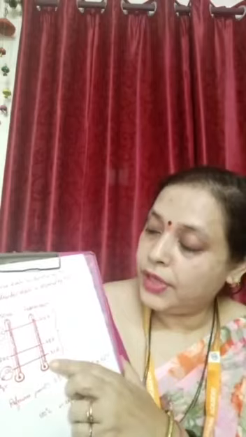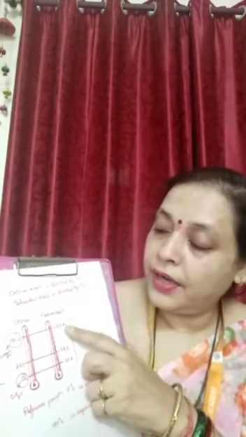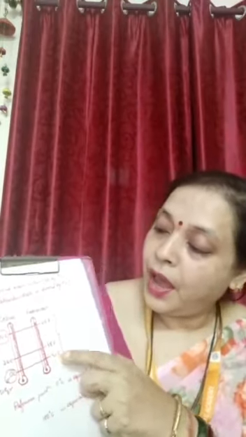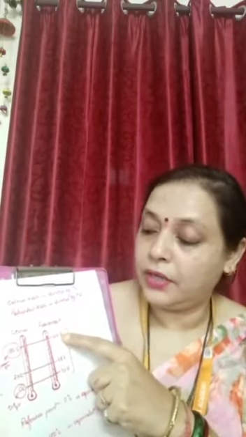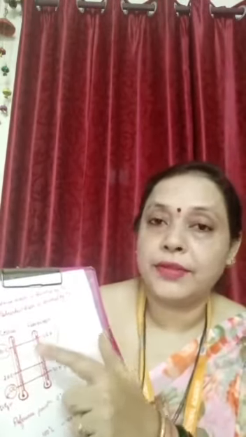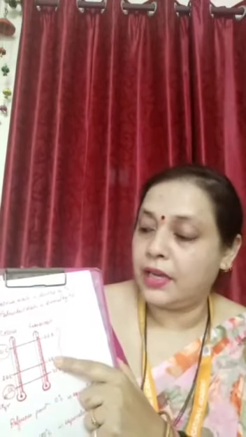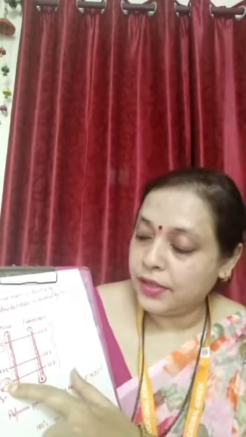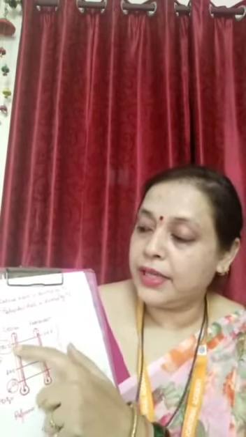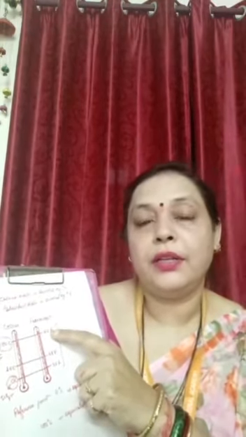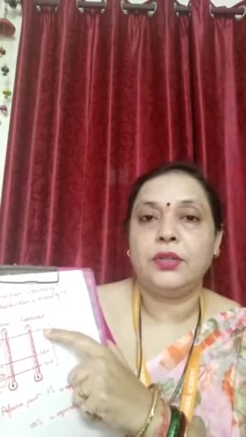Now next, here you can see the Fahrenheit scale. In the Fahrenheit scale, the same ice point is given the value of 32 degrees Fahrenheit, and the steam point is given the value of 212 degrees Fahrenheit. Both are the reference points of the Celsius scale and the Fahrenheit scale, where 0 degrees Celsius is equivalent to 32 degrees Fahrenheit, and 100 degrees Celsius is equivalent to 212 degrees Fahrenheit. So these are the scales of temperature.